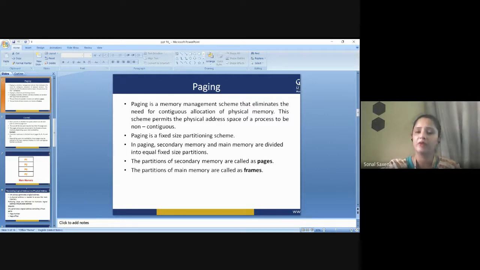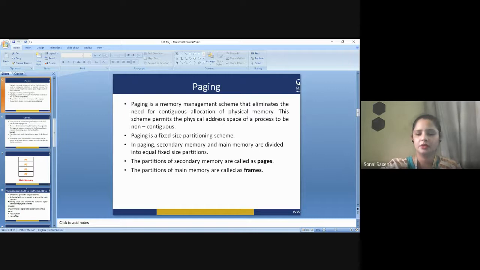Yes, it belongs to non-contiguous memory allocation, but still it is a fixed memory partitioning scheme. In paging, we have a secondary memory and a main memory. Whenever you are using the paging concept, both your main memory and